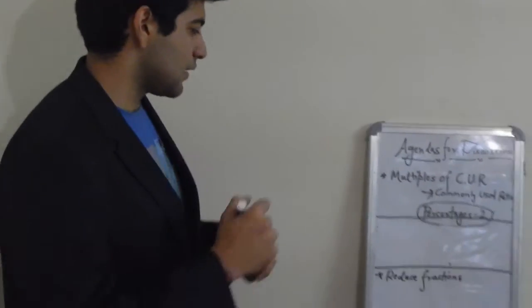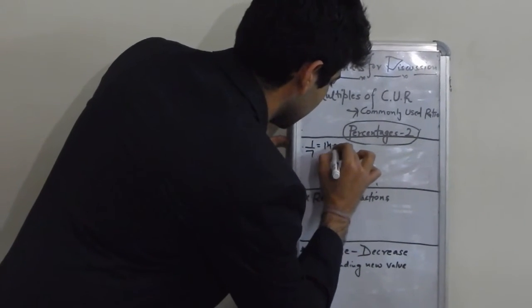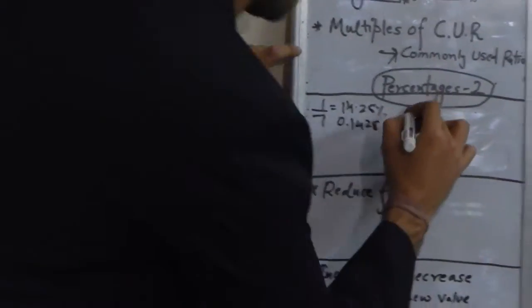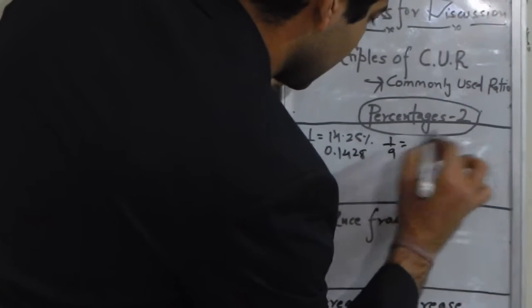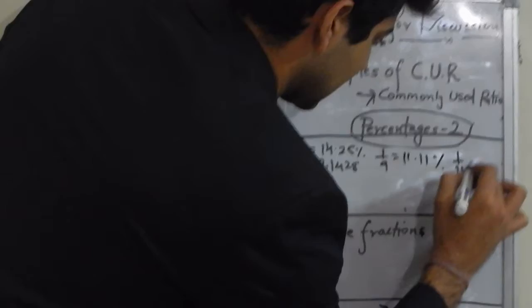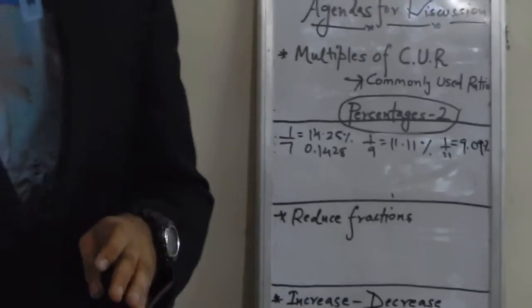ratios. So we know that there are some commonly used ratios like maybe 1 by 7, that is 14.28 percentage, or 0.1428, either way you can write it. 1 by 9, which is 11.11 percentage, and 1 by 11, which is 9.09 percentage. So if I look at this, these are simple ratios, but if I want you to calculate maybe 81 percentage